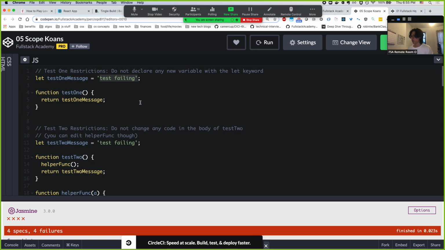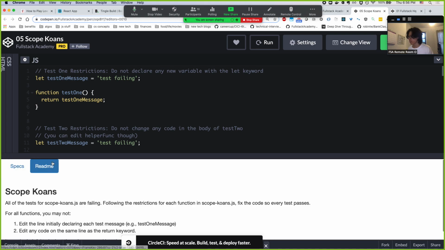So does anyone have any guesses what I could do? I think the rules state that I could just change this value, right? I can't edit anything here, but I can edit here because it just says don't declare any new variable. So I think I would just put test succeeding